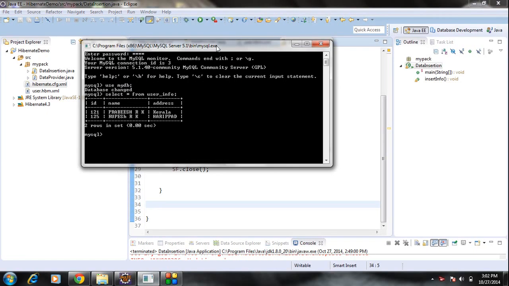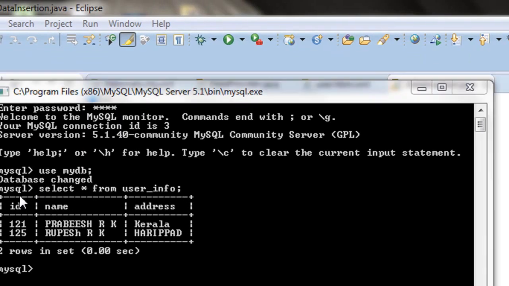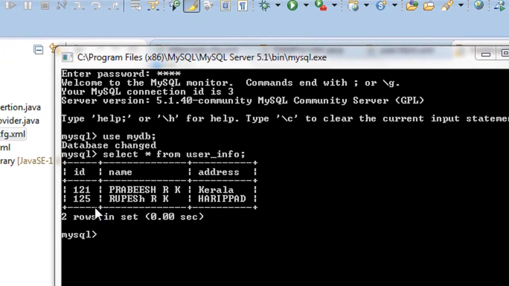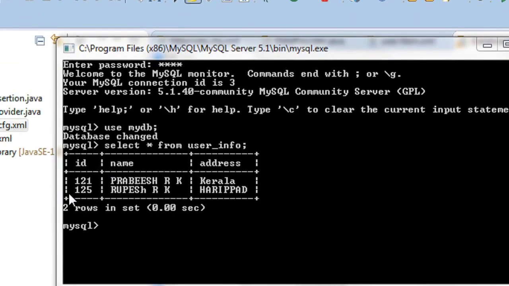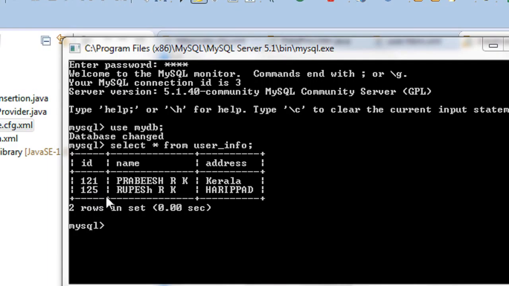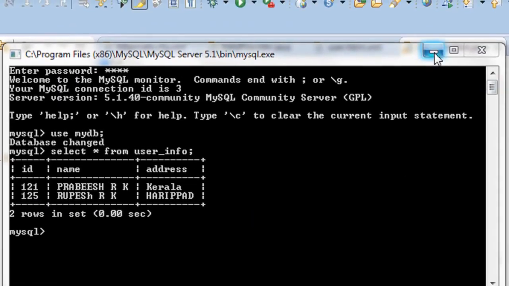So here is our table. Our table contains two rows of data. The first one is with ID 121 and the second row starts with ID 125. Okay, so